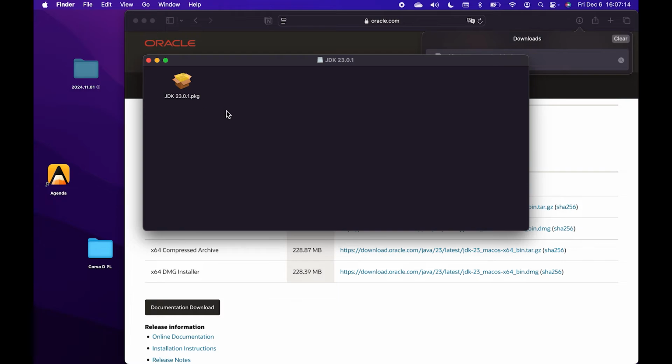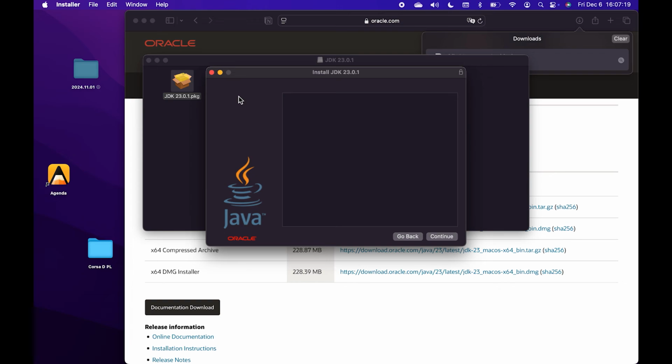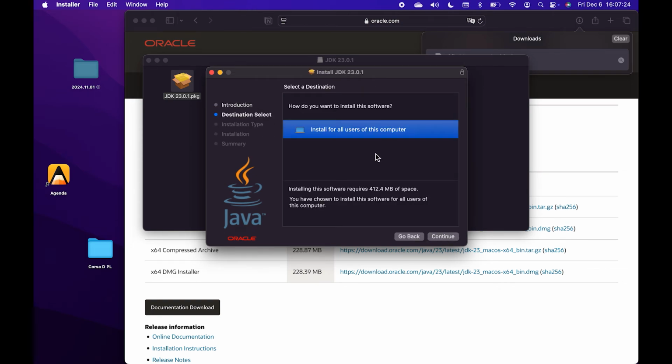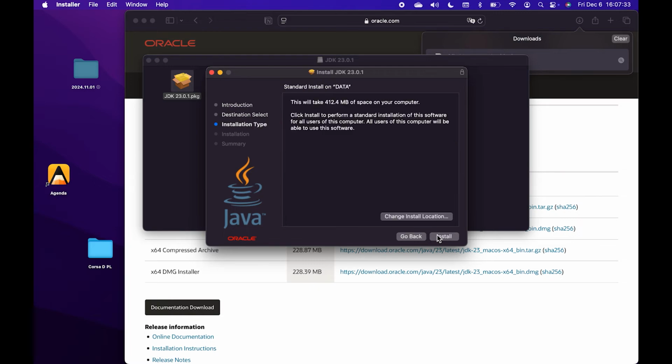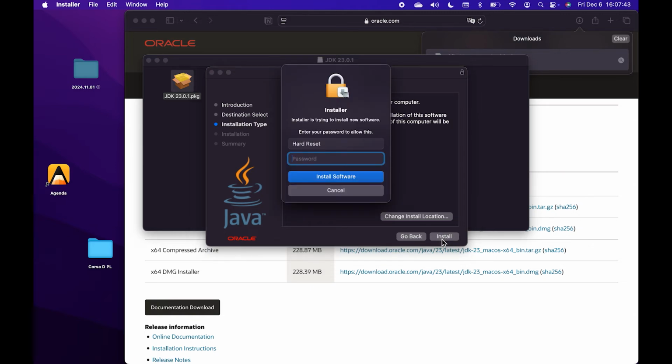I'm gonna just double click on it, then click on PKG file, double click on it, then click on continue. Here you can select install for all users on this computer. Or if you have other options, then you can select them depending on what you prefer. Then you can change the install location, but I would recommend to not change it and leave it as is. Then click on install